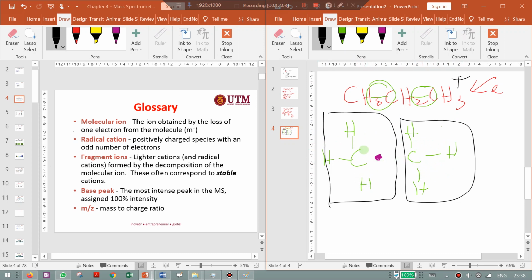here at this C, how many electrons should it have? How many electrons should the carbon have? The carbon should have 4 valence electron, right? Should have 4 valence electron. Okay,